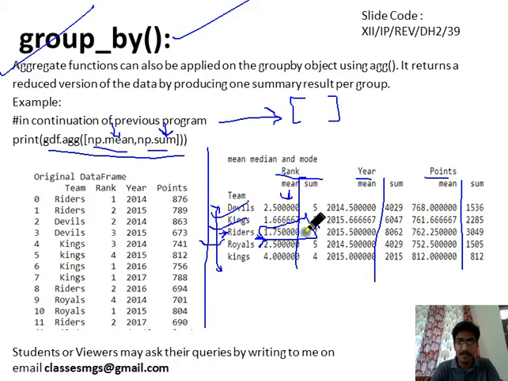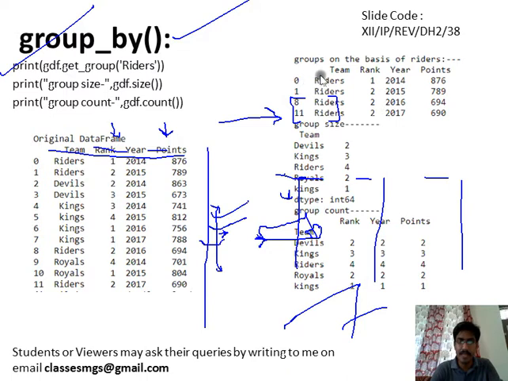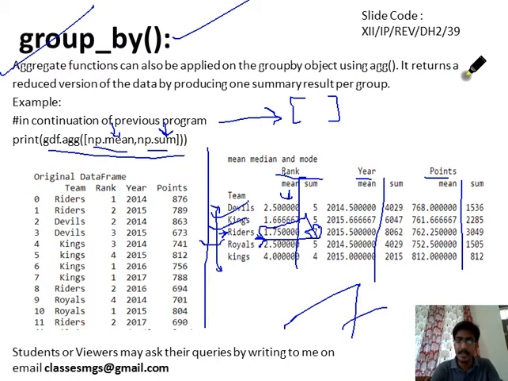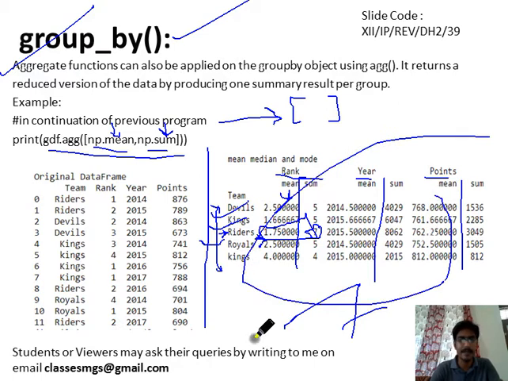Similarly, we can compute for other groups and other data elements. Like for sum, we can say 2 plus 2 plus 2 plus 1, that is 7. How am I calculating this? I am using the riders data from this group. This riders group has ranks 2, 2, 2 and 1, so the sum of the rank column will be 7. This is how it is calculated. For the same thing we will calculate for each group, and we will get this complete table. I am discussing just a single group, riders. You may compute it for every group. Okay, thank you. Now let me move ahead.